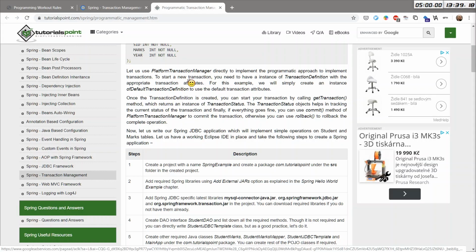Okay, to start a new transaction, you need to have an instance. So we will create a transaction definition with the appropriate transaction attributes. I don't know what those are. For this example,